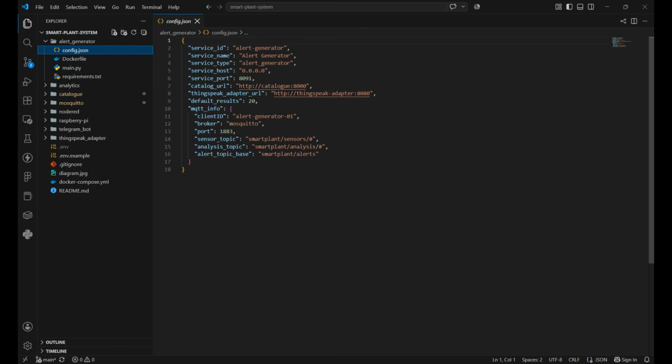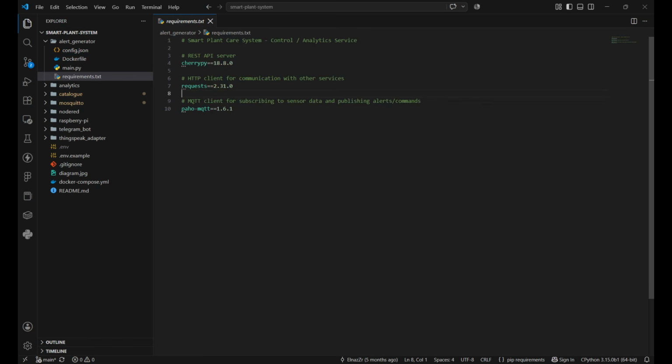It also specifies the default number of historical records for a report generator and includes the MQTT info block, which configures the MQTT broker settings and topic patterns used for subscribing to sensor telemetry, monitoring thresholds, analytics events, and publishing warning alerts. In requirements.txt, we have CherryPy for running an HTTP REST API server, requests for making HTTP calls to